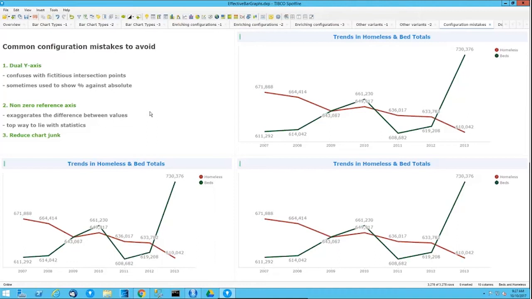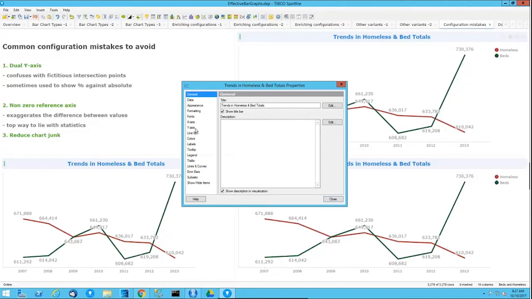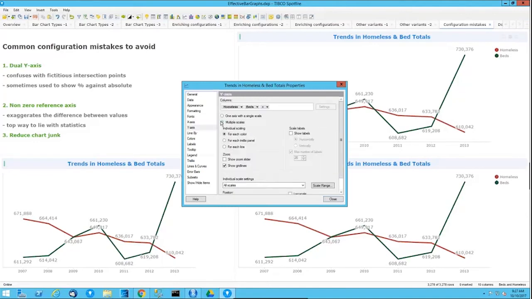So I've taken the example of line charts over here because you'll understand it the fastest from a line chart, but I could just as easily show you this for a bar chart, etc. The first thing is dual y-axes. So always keep this graph as a reference, and I'll just go in and change this one to show you what I'm talking about. If I go to y-axis, change it to multiple scales,